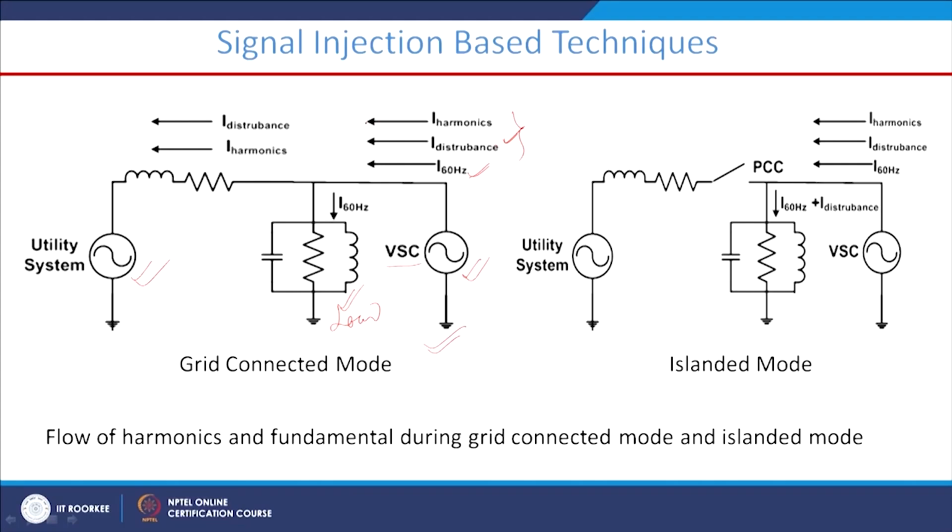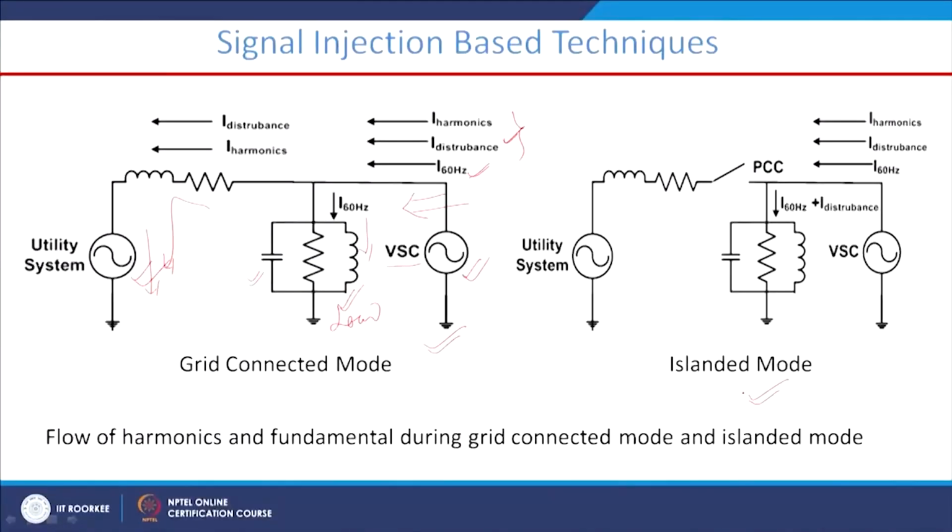The impedance of the load path is high and the impedance of the source path is low, so viewed from the right side we can treat the source as a short circuit path. As a result, the 60 hertz component flows through the load and the I disturbance harmonics flow through